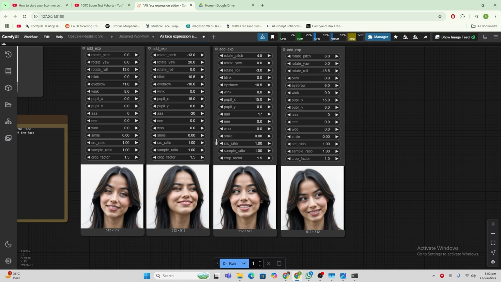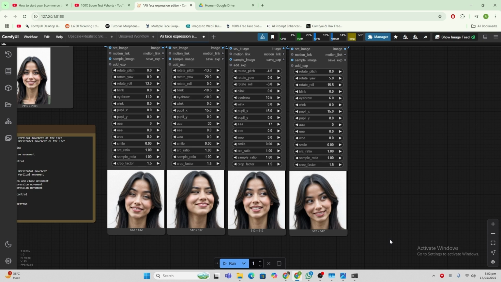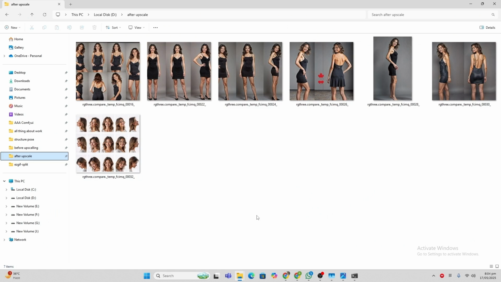So now this funnel of workflows is completed. Now I have given you every single option to create, from one single image, any expression, any face angle, any body angle, any body structure, everything from these workflows. And the most important part is that it's fully realistic and fully consistent. So this is it for this video, and let's wind up this video with our conclusion and some things that I want to tell you.